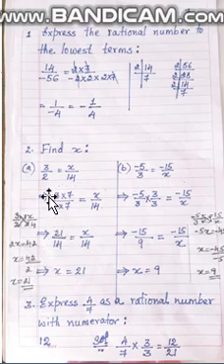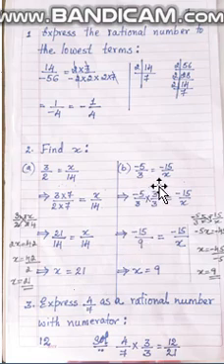Or you can do it this way. 3 by 2 is equal to x by 14. 2 sevens are 14. So multiply the denominator by 7. Similarly, multiply the numerator also by 7. Whatever number you are multiplying the denominator by, the same number should be multiplied by the numerator also. So 3 sevens are 21 and 2 into 7 is equal to 14, equal to x by 14. Now 14 is the same in the denominator. So what is the value of x? The value of x is equal to 21.